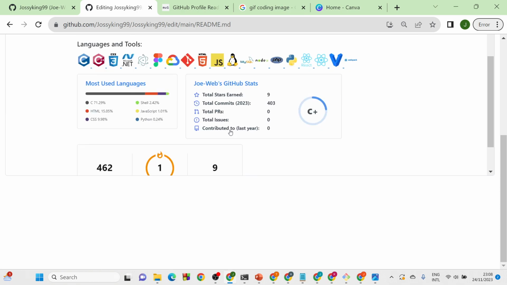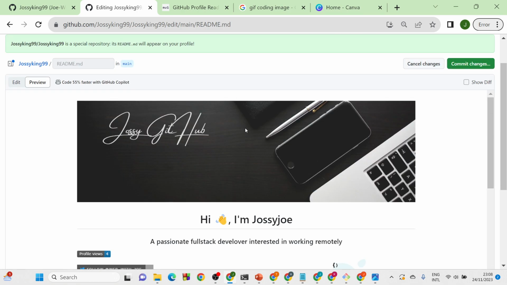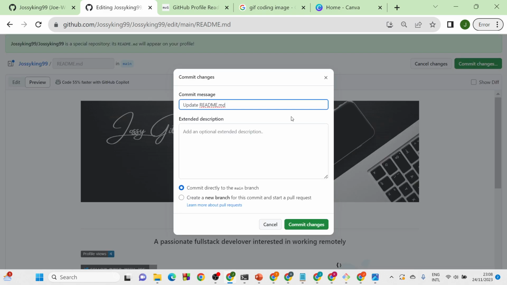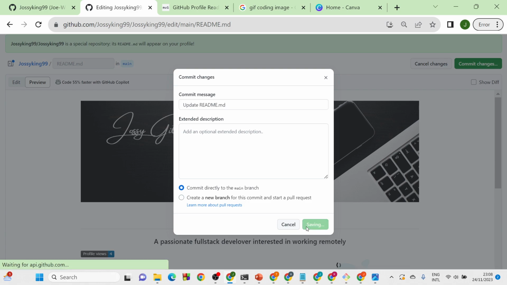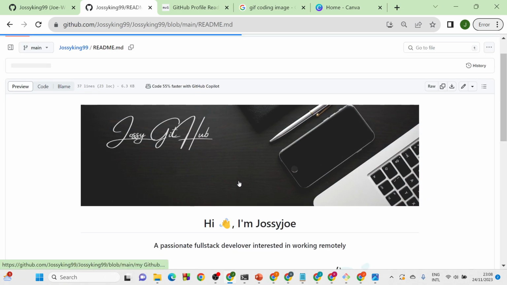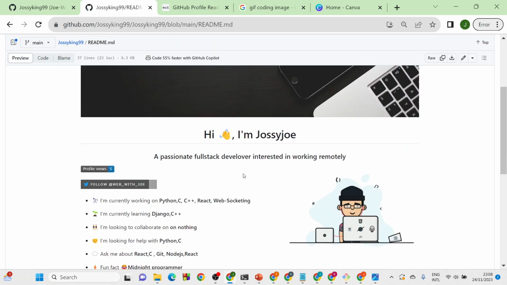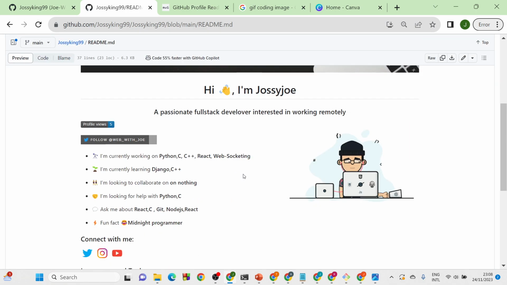Then after you've done that, you can go back, go up here and commit your changes. So to commit, you click on commit changes. So it's going to add you commit a message. A default message is there. I'm cool with that, so I'll click on commit. So it's going to save that. And yes, that's it, guys. So you have this nice looking profile. Let me show